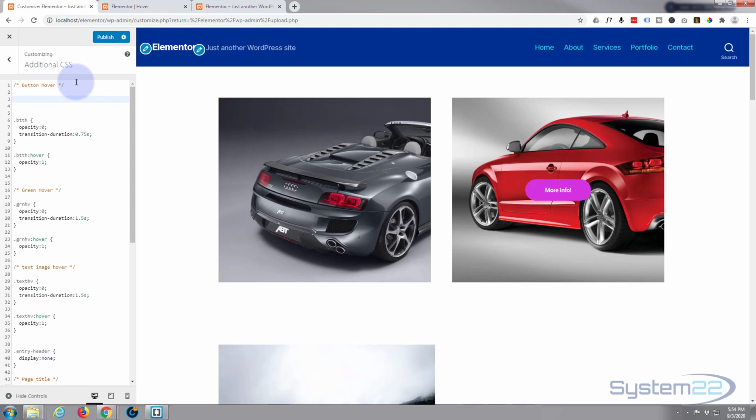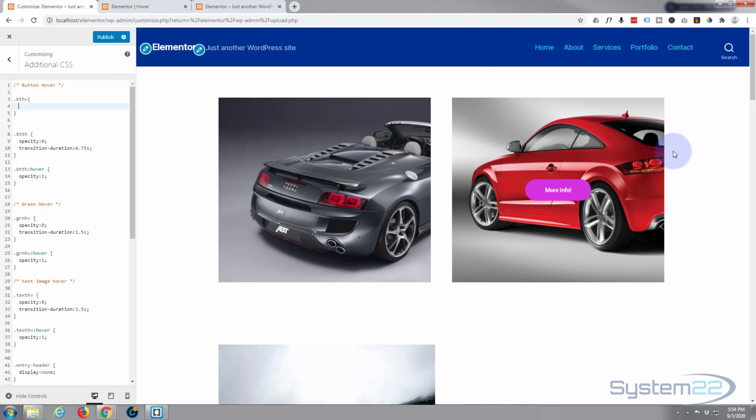Okay, now let's put our class in. So it's period or dot, and then the class name itself. Then open and close some curly brackets. Drop down, and let's think about what we want. Well, we don't want to see this button at all at first. So we just want to see the image like this one here. So we need to tell it